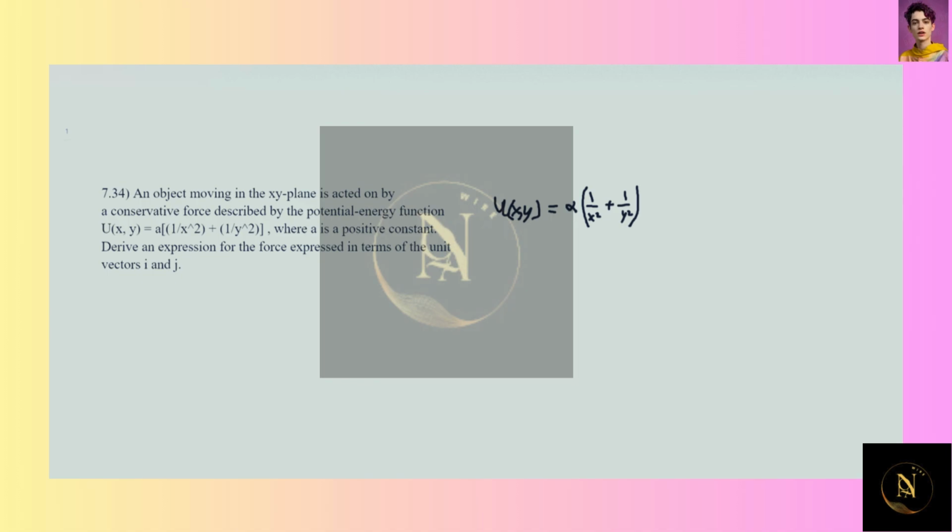An object moving in the xy plane is acted on by a conservative force described by the potential energy function U(x,y) = alpha(1/x^2 + 1/y^2), where alpha is a positive constant. We are supposed to derive an expression for the force expressed in terms of unit vectors i hat and j hat. So what we've seen before is we would use equation